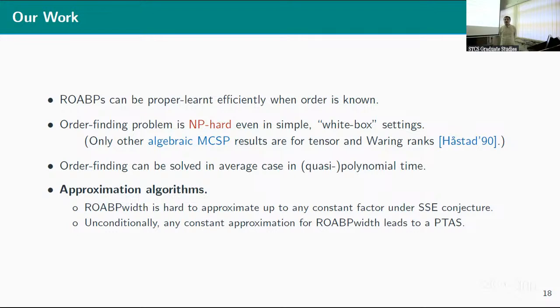One question I have, so right now the order finding question, or rather the width problem, is: does there exist an order in which you have an ROABP of width at most W? Yes. What about the situation where, does this have a width W ROABP in every order? If that's the decision you're trying to solve. Yeah, this should be easy. But yeah, so you just do